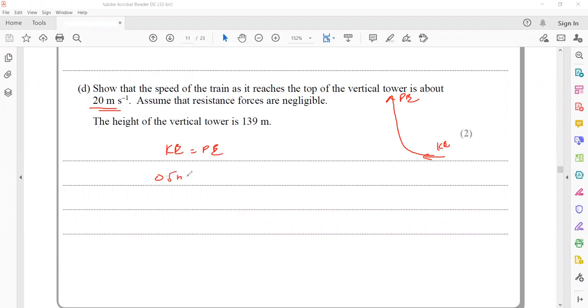Kinetic energy is half mv square and potential energy is mgh. m will cancel with m. So 0.5 v square is equal to gh. If we need height, it will be 0.5 v square over g. So it will be 0.5 times 57 square divided by g, the acceleration due to gravity, 9.81. So we'll get the value for h. So when we substitute these values,